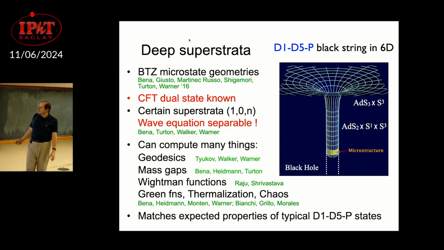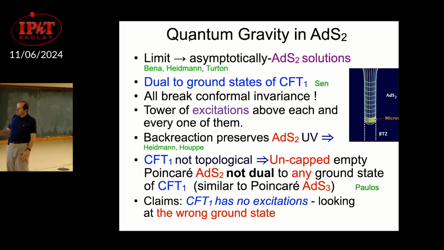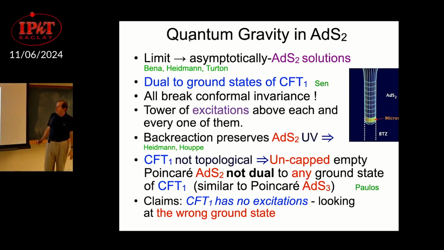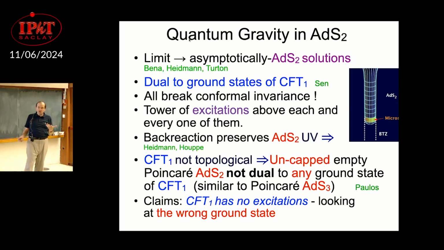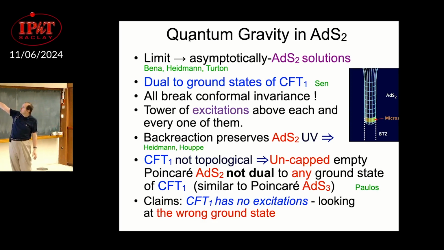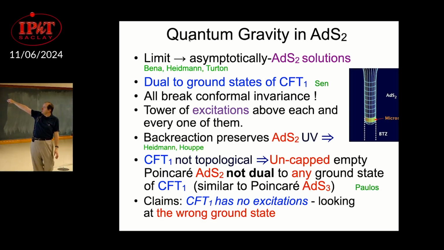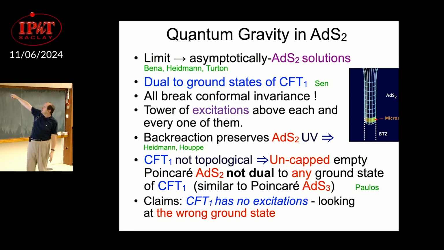Let's continue. Okay, so one thing which I want to get as a side discussion: you can also take a limit of these solutions when you construct them, and you can actually obtain asymptotically AdS2 solutions. So you can take this structure here, and you can take the limit of the solution when you throw away some of the ones in the harmonic functions, and you can construct, just from first principles, solutions which have asymptotically AdS2. So here they are asymptotic to Poincaré AdS2, and here they have some bulk. The AdS2 space closes. And those states are dual to states of the CFT1.